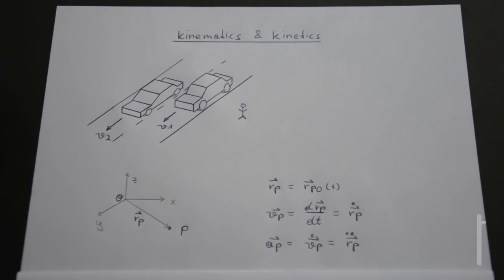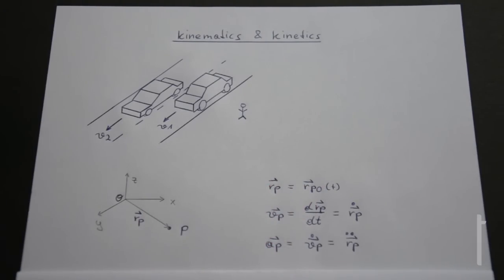Okay. Now, this is a general coordinate system, not moving, let's assume. And this is the point of origin, and here you can see the point P. Now we can set up the positioning vector, which is the connection from 0 to P. I just called it RP. You can see it here. Just a few words about the notation. Our vector RP can be displayed as the connection from 0 to P, which would be RP0. Okay? So the first point is the point to which I go, and the second one is the point from